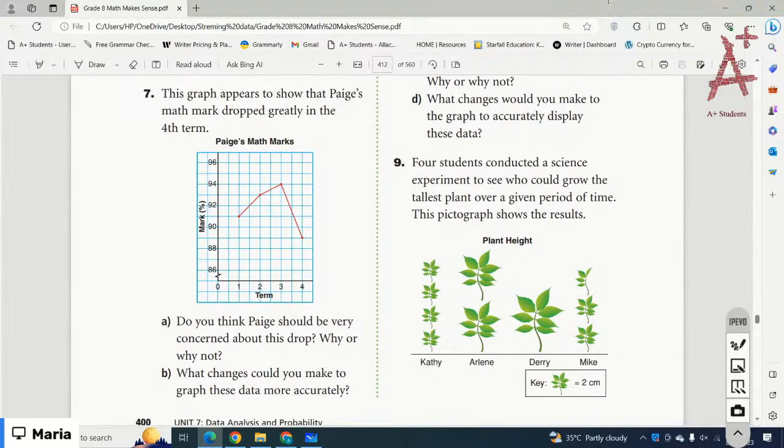Actually, the graph is misleading. You can see here the percentages are 86, 88, 90, 92, 94, right? Because the data is not represented accurately. That is the reason. Got it? If you have any questions, please write down the questions in the chat box. Okay,